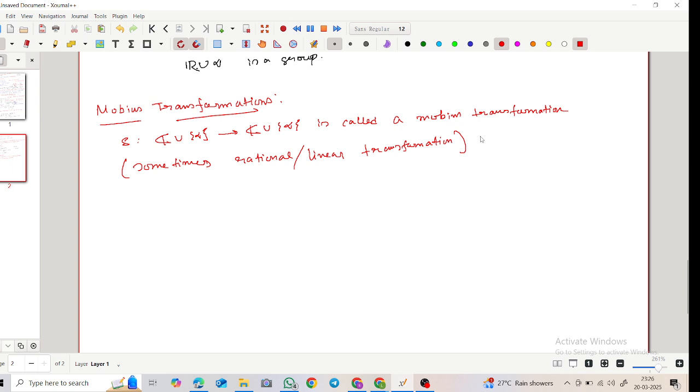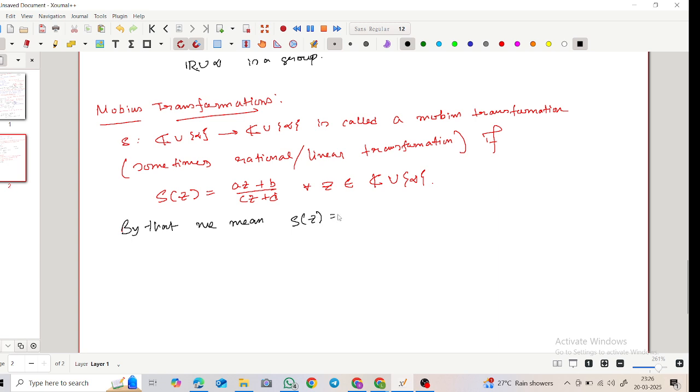It's called a Mobius transformation if S(z) is equal to (az plus b) by (cz plus d) for all z belongs to C. So basically by that we mean S(z) is equal to (az plus b) by (cz plus d) for all z belongs to C, and S of infinity is